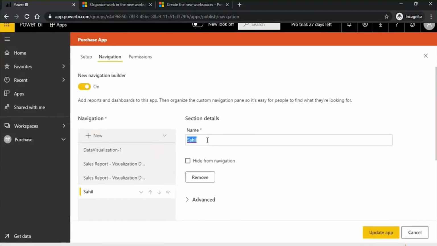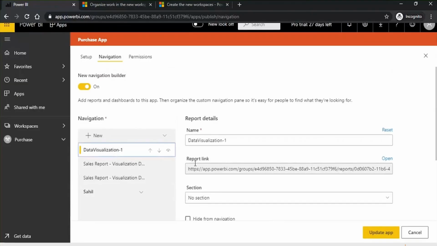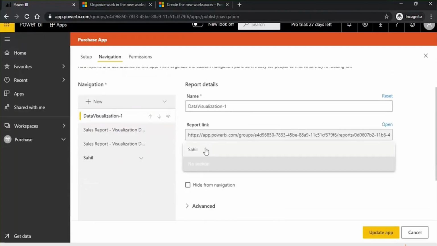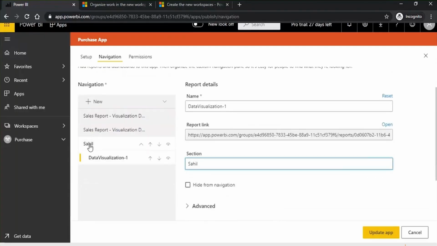The reports accessed by Sahil, I want to assign under this section. So I create a section with this name, and once I add it here, I need to add these reports under the section. So I select this report, go to section and choose Sahil. Now under Sahil, this report has been added, right? So it's kind of subfolders.